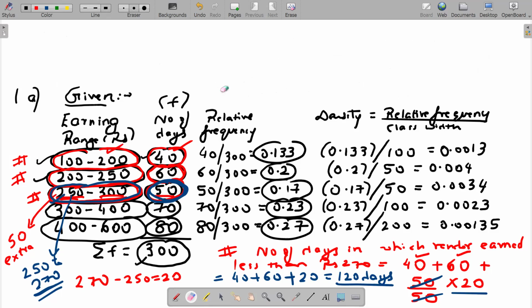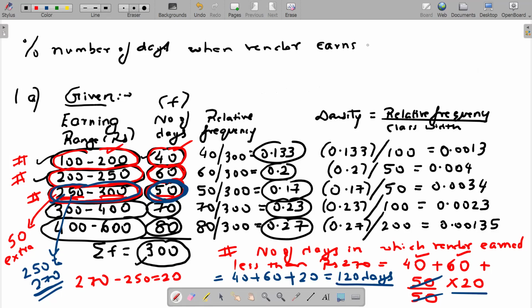I can write that percentage number of days when the vendor earns less than rupees 270 is equal to, there are 120 days it earns less than 270, over total number of days 300,